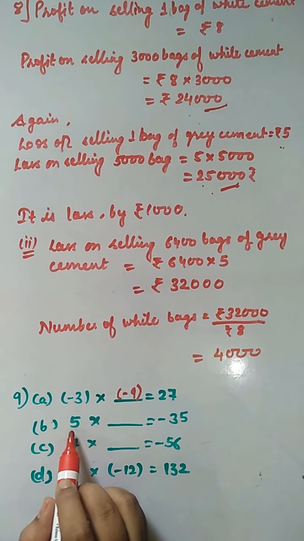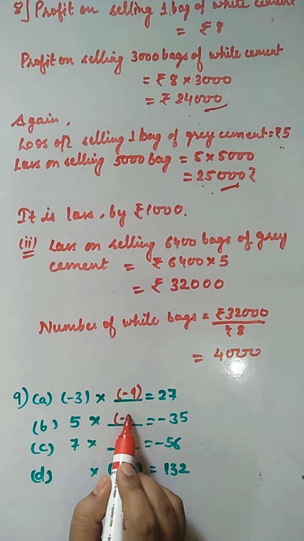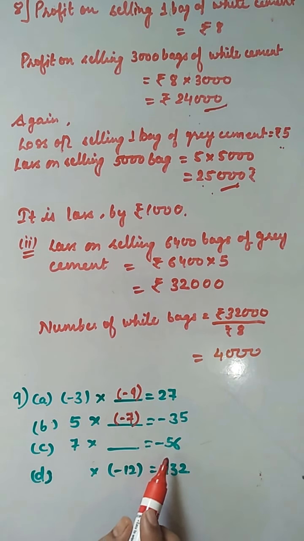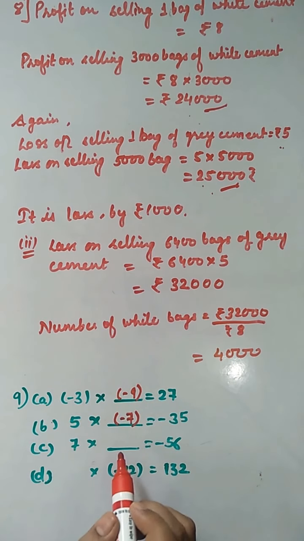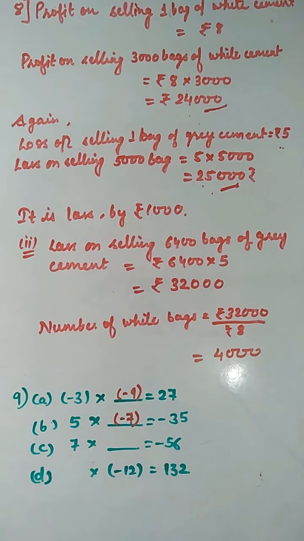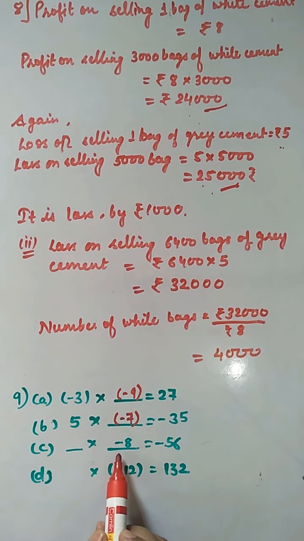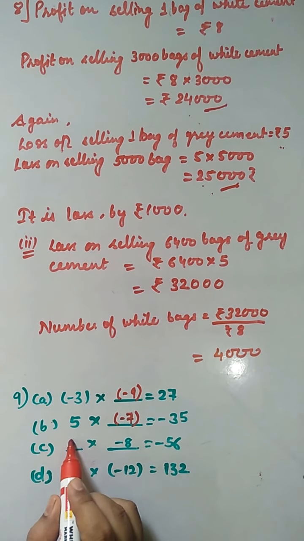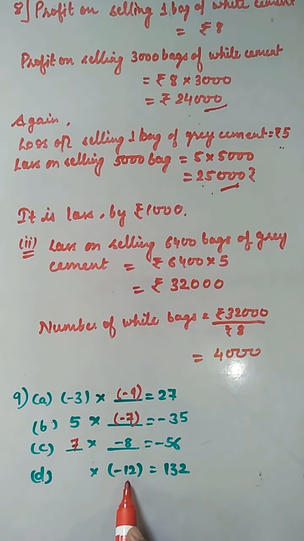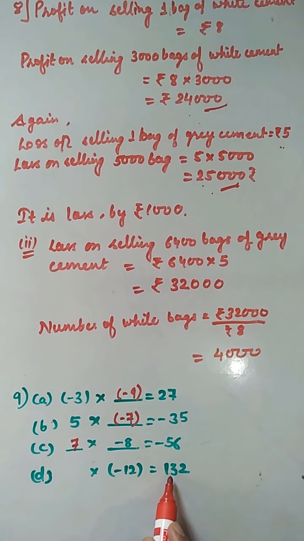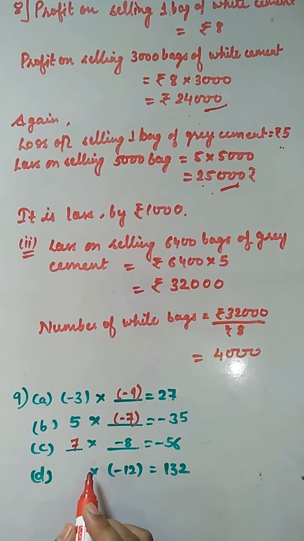It means one integer is positive, the other should be negative. So 5 into -7. Then again the answer is negative, so again we will multiply with minus. I have written the answer first. So the question was dash into -8. So if one integer is already -8, we have to multiply it with a positive. Then in this the answer is positive, so you have to multiply it with a negative number, -11.